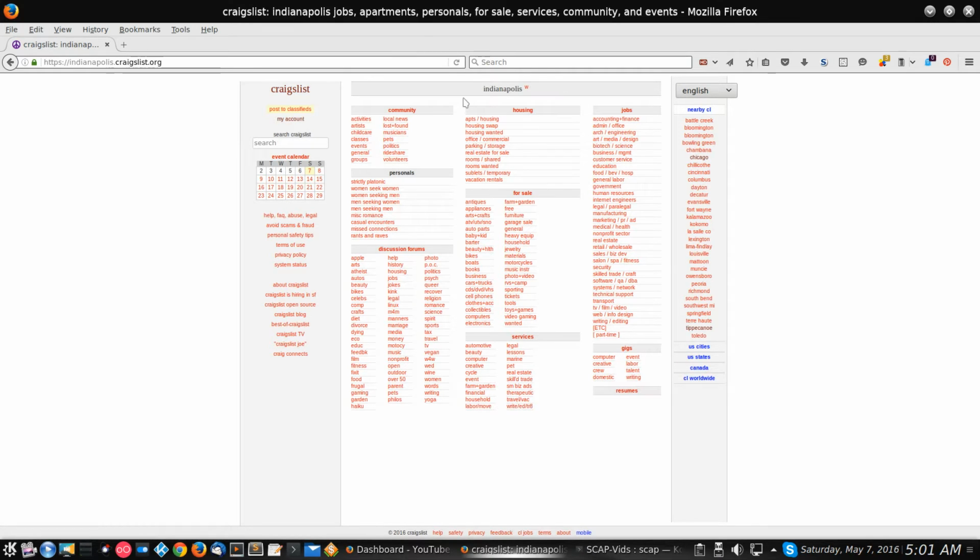I'm not going to get into all of them, but up here, I should touch on this. Up here is the housing section. If you're looking to buy a house, even though it would be for sale, it's not going to be in this section. It has its own entire section. Okay, and if you're looking to buy a house, you probably want this one, real estate for sale. Okay, but if you're wanting to rent, you go to apartments and housing up here, and that's where the ones for rent are. And then they have office and commercial. There's parking and storage. There's various sections in here.